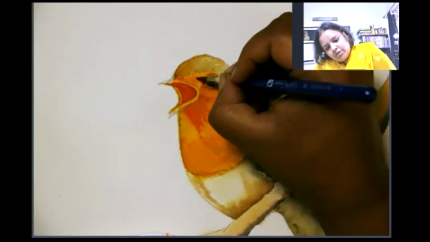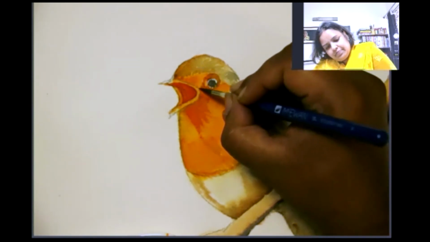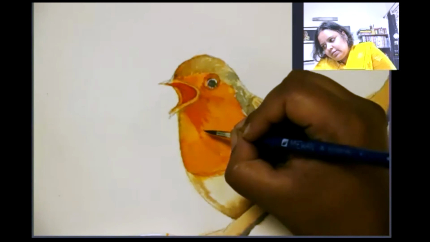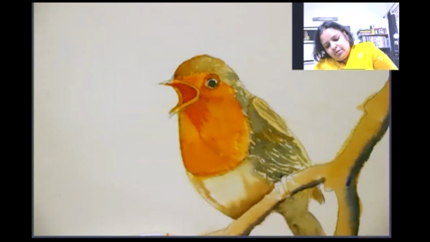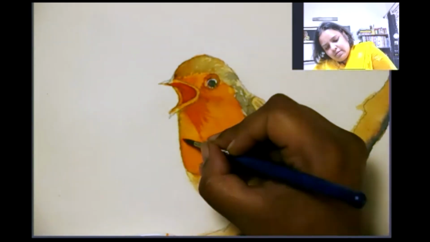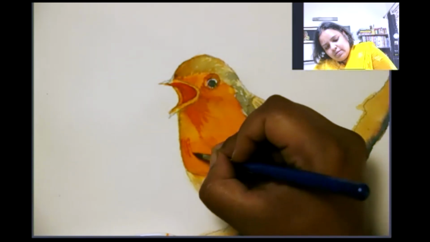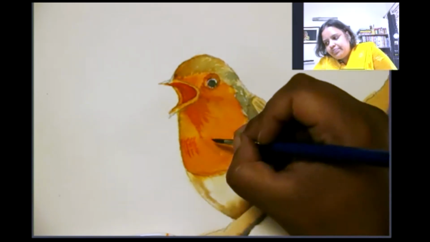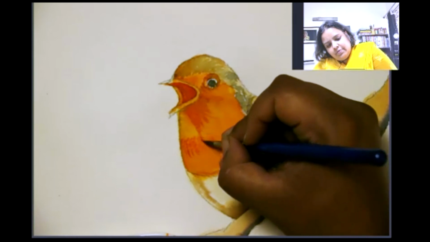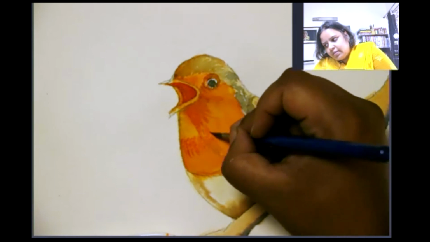Here also. And as we come down, there is a feather kind of look here.